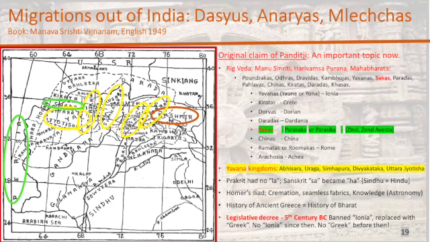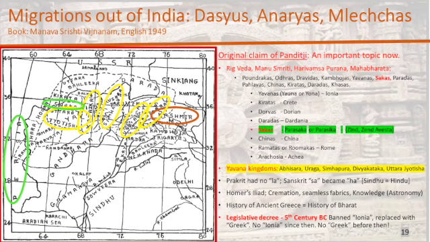The Dasyu is introduced in the Rig Veda. The Manusmriti is where the tribal names are actually identified, and I list some of those names over here. The Paundrakas, Odras, Dravida, Kamboja, Yavanas. I think Sudarshan Garu had a question about Yavanas, although I think he said Yadavas, but it was not the Yadavas, it was the Yavanas who actually migrated out of India and colonized parts of Greece. The Sakas, the Paradas, Pallavas, Chinas, Kiratas, and so on and so forth.